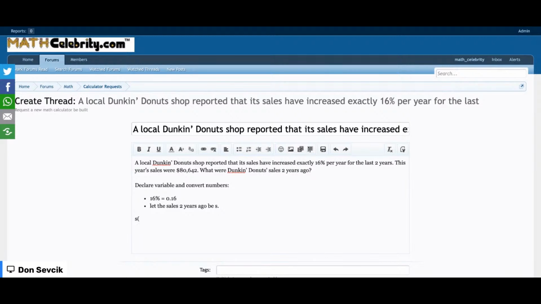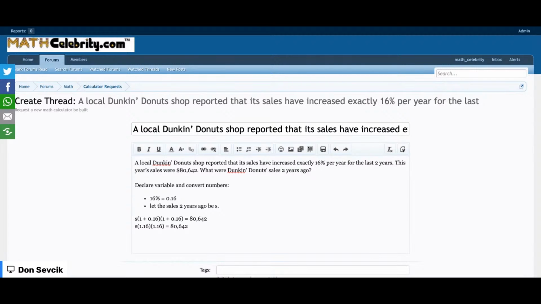If we want to increase sales by 16%, that means we do 1 plus 0.16 times, and then the next year, 1 plus 0.16 equals 80,642. I realized that I made two jumps here. This is 2 years ago. This is the first year, and then this is the second year with another 16% gain. Now let's simplify. We get 1.16 times 1.16 equals